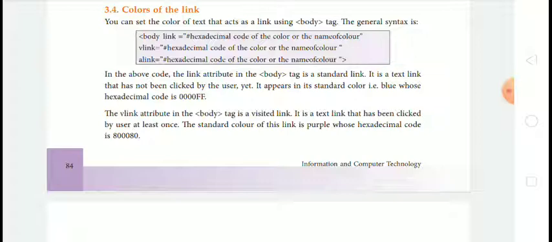The vlink attribute in the body tag is the visited link. It is a text link that has been clicked by the user at least once. The standard color of this link is purple, whose hexadecimal code is given in the picture.